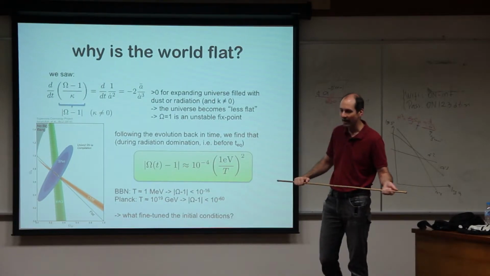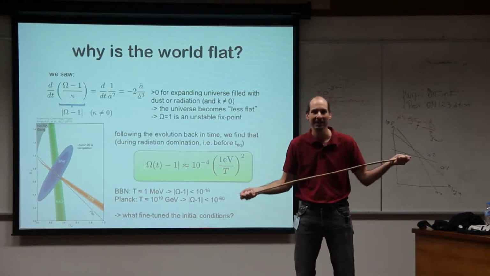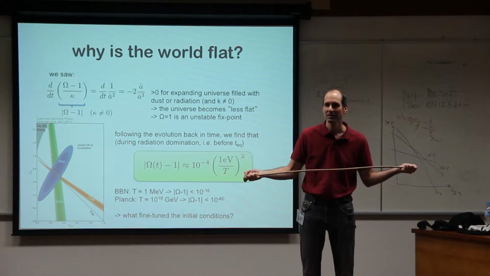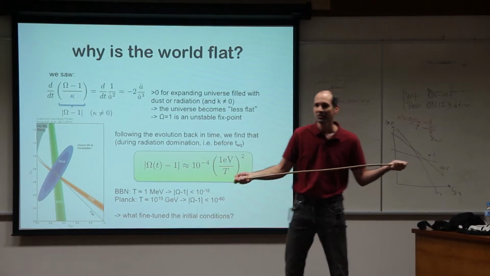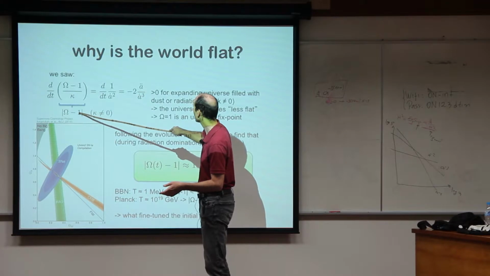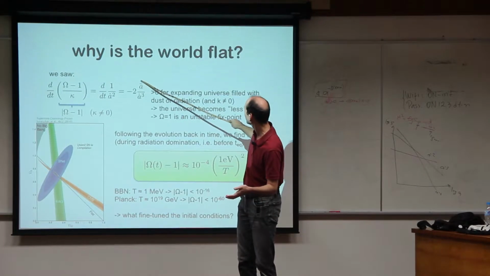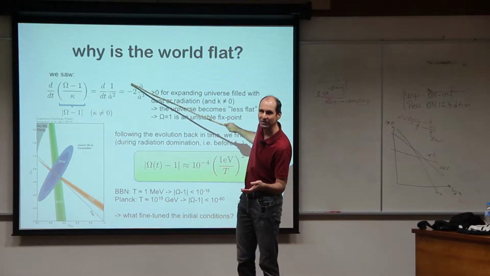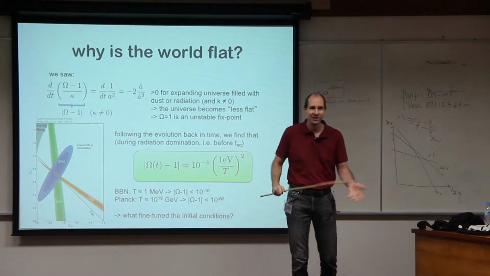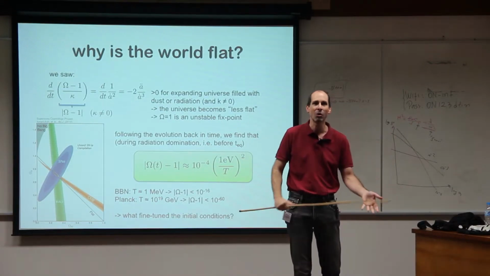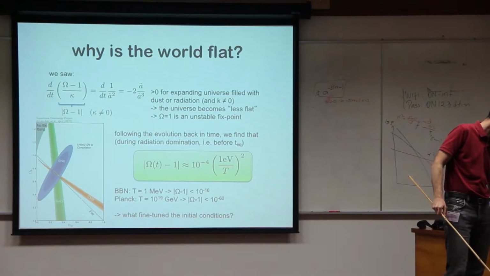What would be a way to do that? If you want to make the universe more flat rather than less flat, what would you have to do? If you want this to be decreasing rather than increasing, you have to make a double dot positive, so you need to accelerate the expansion of the universe. If something accelerates the expansion, then the universe will become more flat. But that's maybe just a curiosity now.